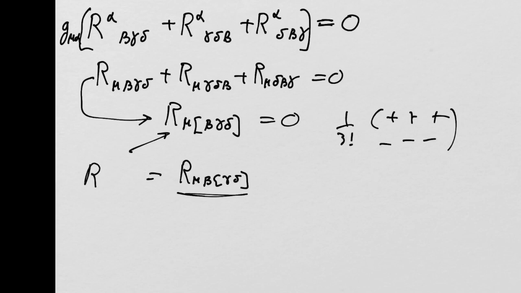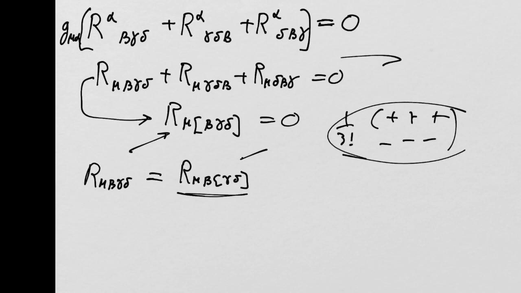I know that R mu beta gamma delta equals its antisymmetric part. So I know that those will combine into this form anyway. So it inherits the same antisymmetry from the mixed tensor part that we had before. So this is also a symmetry of the completely covariant